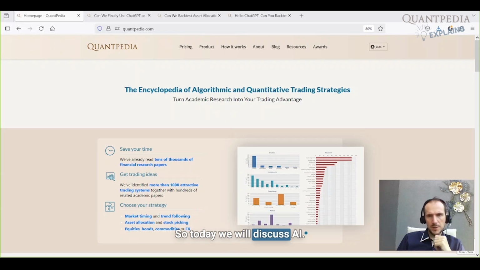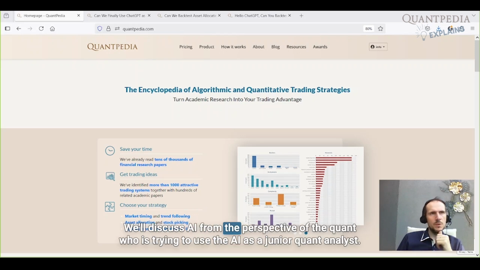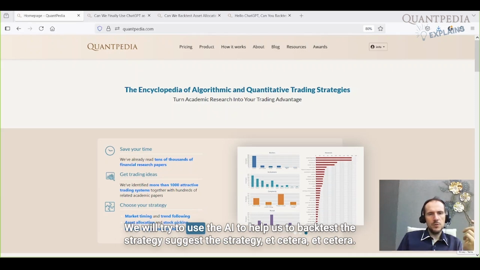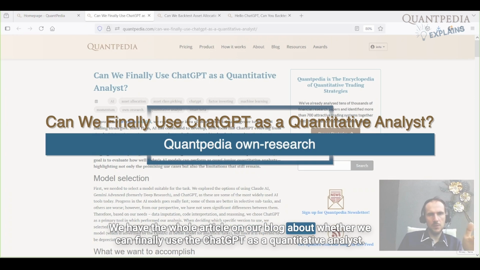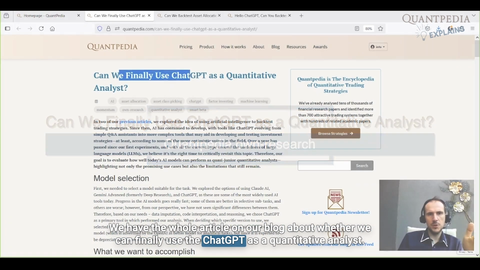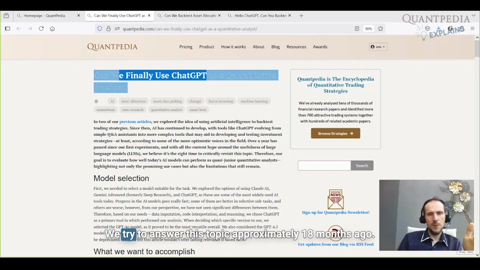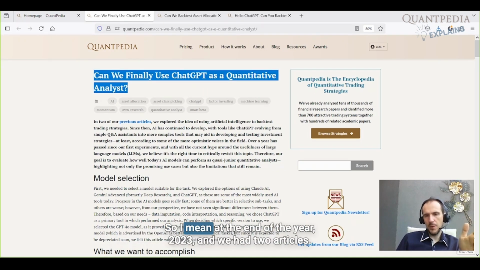So today we will discuss AI. We will discuss AI from the perspective of the quant who is trying to use the AI as a junior quant analyst. We will try to use the AI to help us to backtest the strategy, suggest the strategy, etc. We have the whole article on our blog about whether we can finally use ChatGPT as a quantitative analyst. We tried to answer this topic approximately 18 months ago, so at the end of the year 2023, and